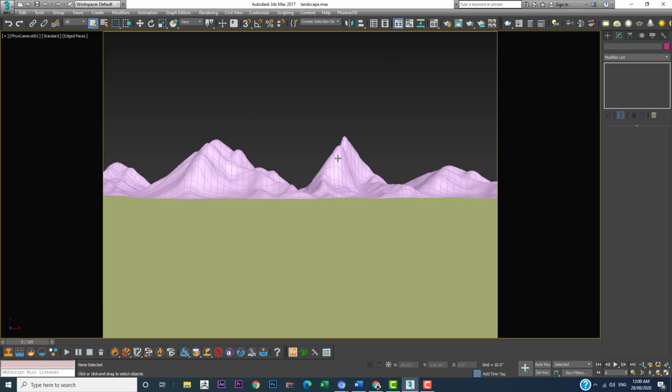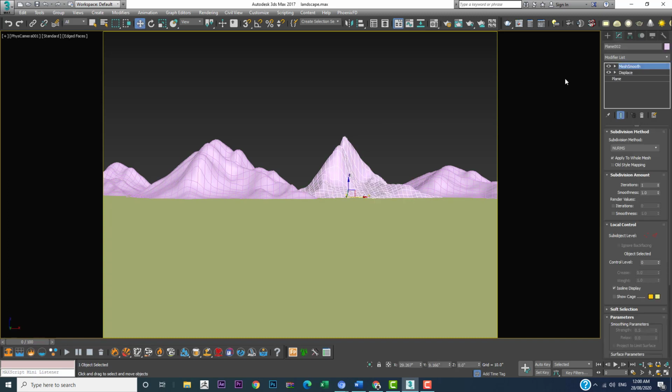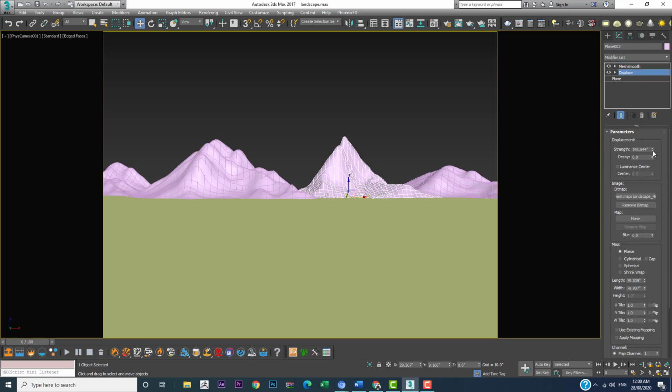Okay, this surface is not looking that good, so just select it and let's see what we can do with it. I'm again going to displacement and I'm just playing with the strength, or you can scale it a little bit downwards, something like that, just like this, or you can try rotating it. Okay,